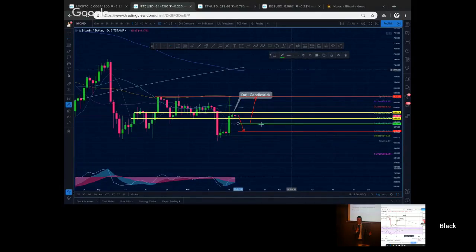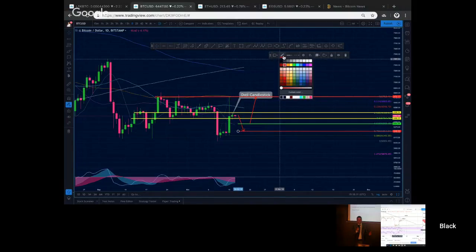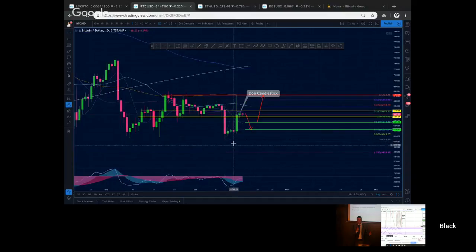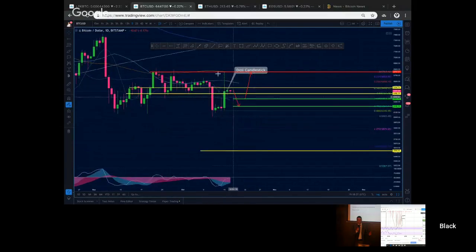So these are the support levels. I will mark them as the green ones, so you can safely buy from these levels if you don't have Bitcoin now. You can safely buy from these levels with a short stop loss at the 6,000 level, because this is the previous low. And if this previous low is broken, we will probably see the move